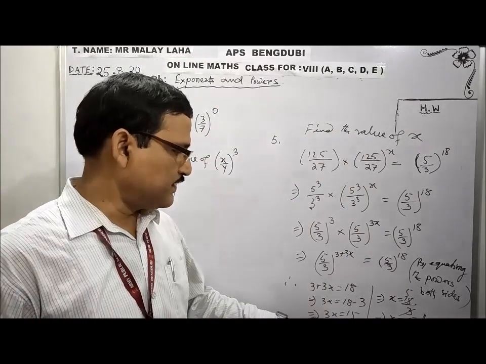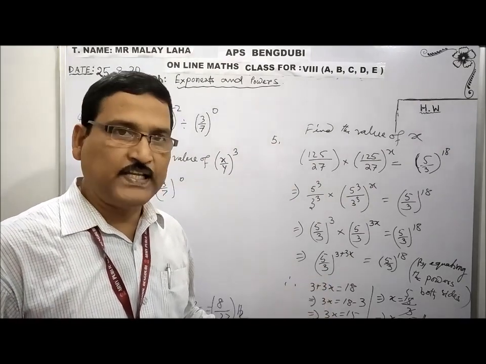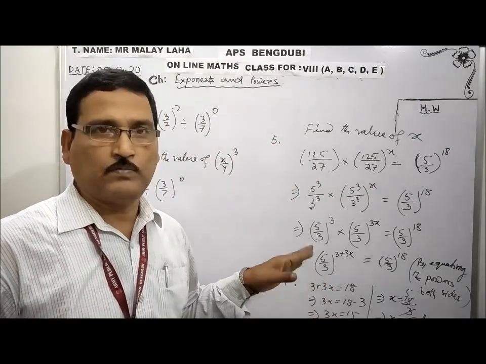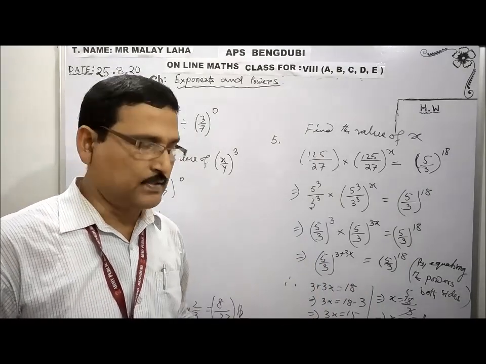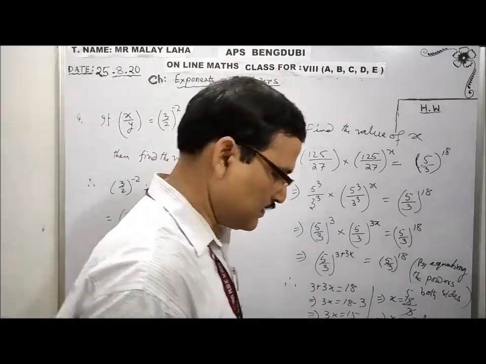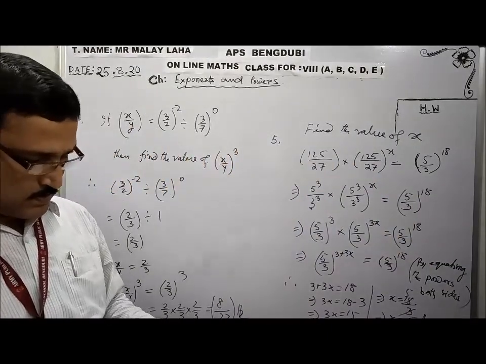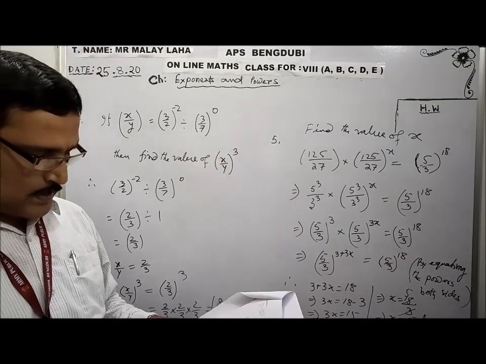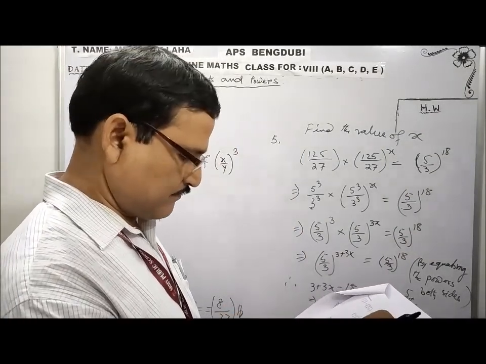Okay, if it is not visible, you can make out, a very simple type of linear equation you have formed. So by transposing the numerical factor to the right hand side, literal factor to the left hand side, that policy you have applied, we will find out the result. Okay. Now I have understood the same type of questions we have.